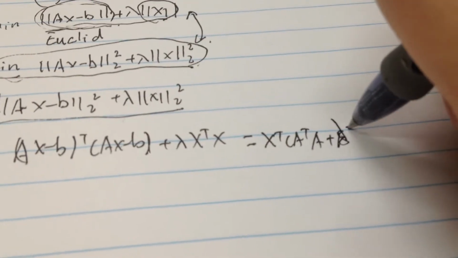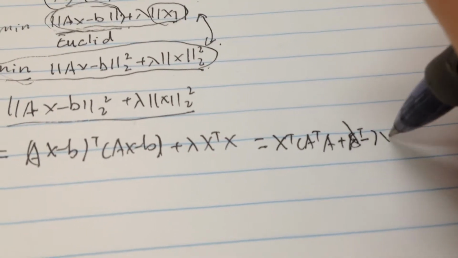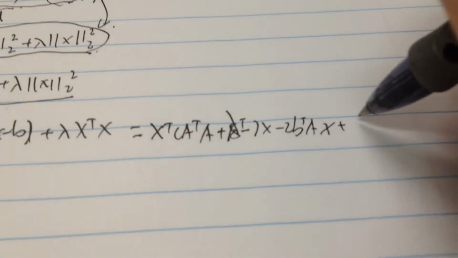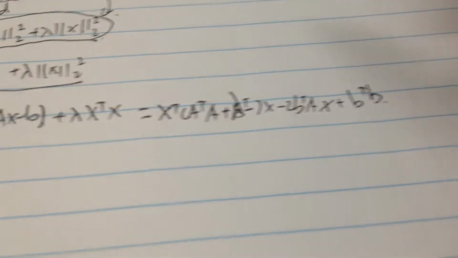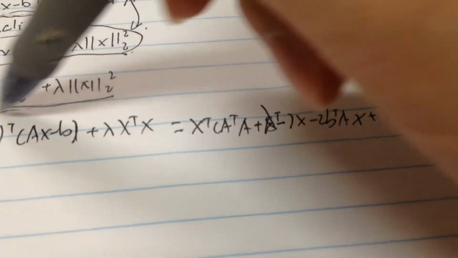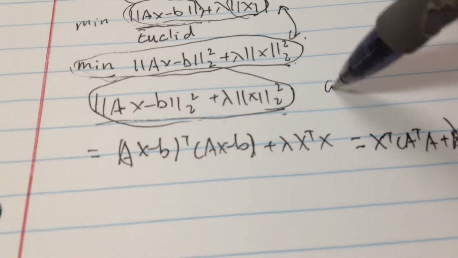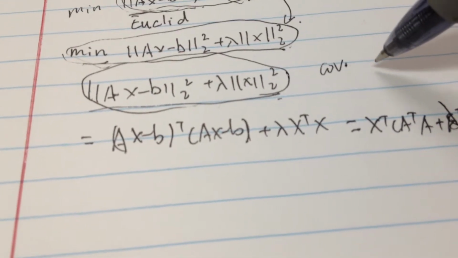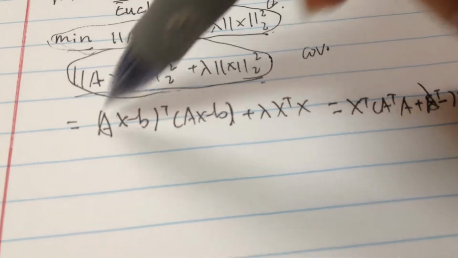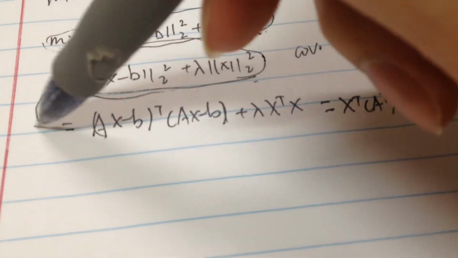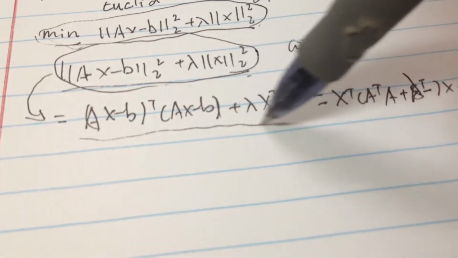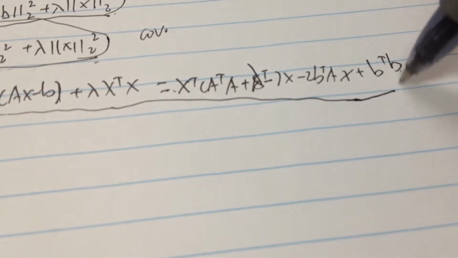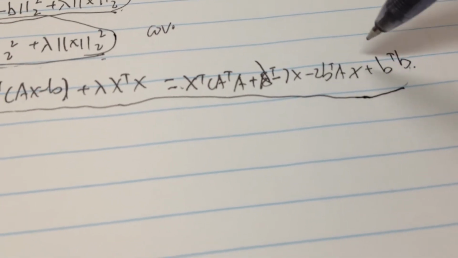This is lambda. If this convex optimization problem has no other constraints, we can transfer this convex optimization problem into this part, and if we want to find the optimal value, we should